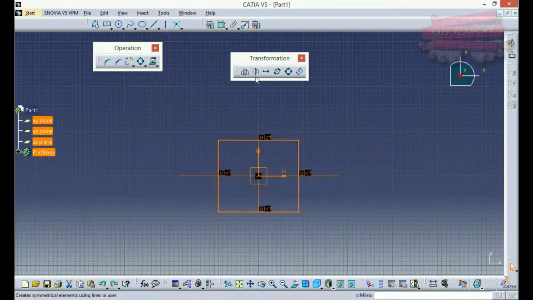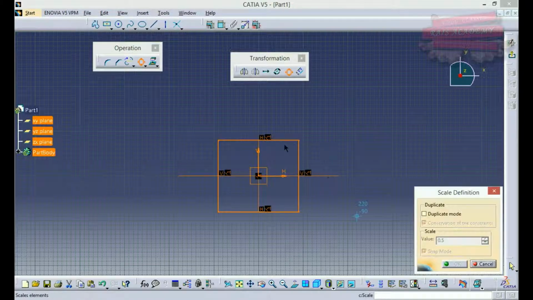Now if I want to scale the object while keeping the original object intact, I have to go in duplicate mode. I have to select the base point and specify the scale factor to be 2.